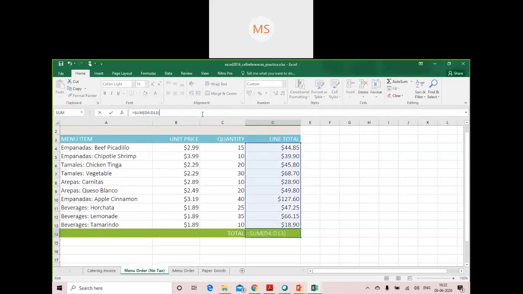Otherwise, if you don't want to type the cell values manually, you can put the cursor at the first cell and then drag your cursor to the bottom of the cells where the final value is. The moment you release it, you enter a closing parenthesis, or close round bracket, and then press enter. It does the same operation. So this is how your operation can be eased.